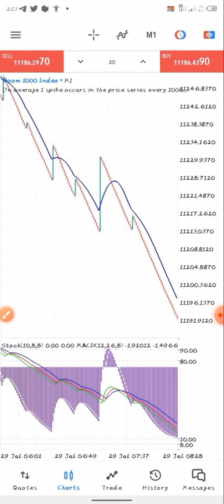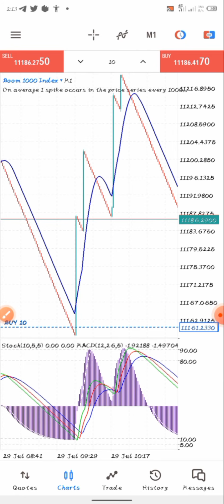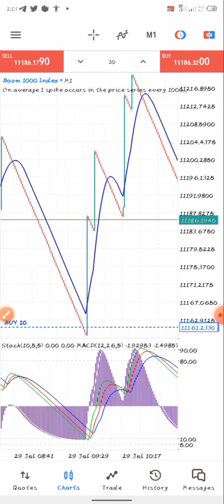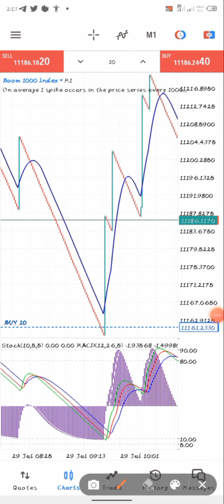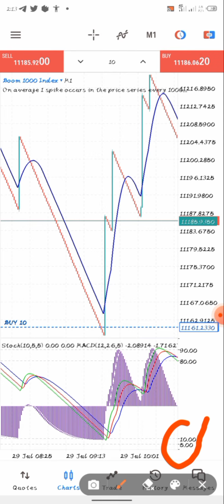Now, let's say you want to catch spike with the strategy. Same thing. If you want to catch spike, you don't need your moving average. You don't need the moving average. What you need is to wait for the alligator to touch the 10 or 5 levels of the stochastic oscillator. After the alligator touches the 10 to 5 levels of your stochastic oscillator,